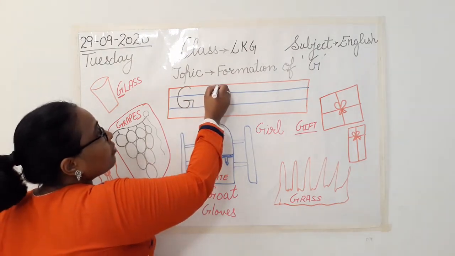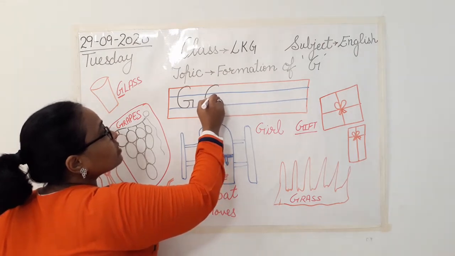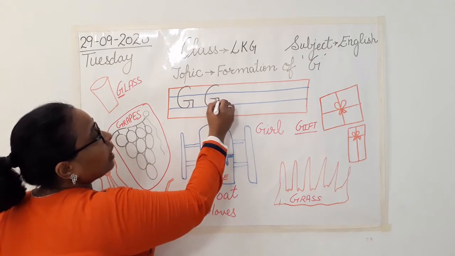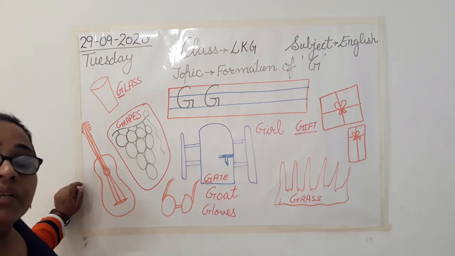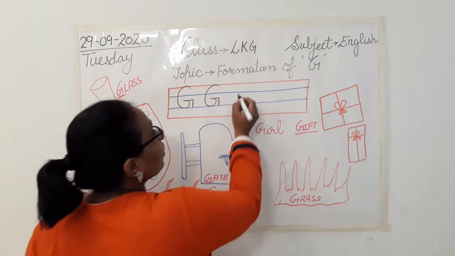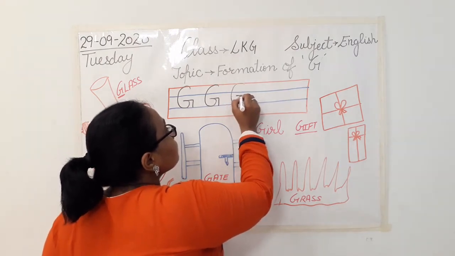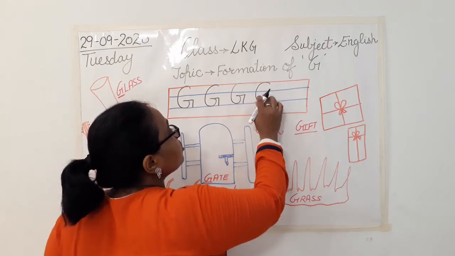See again. First we'll draw a C like this. We'll go and turn inside. पहले हम ऐसे अंदर जाएंगे. Then you'll overlap the line and come like this. This is the formation of alphabet G. The sound is G. Clear? How we are going to do again? I am telling you. Like this. You will write alphabet G.